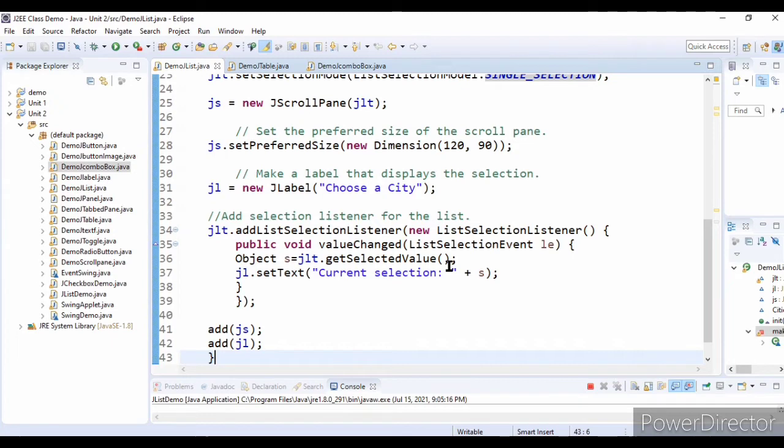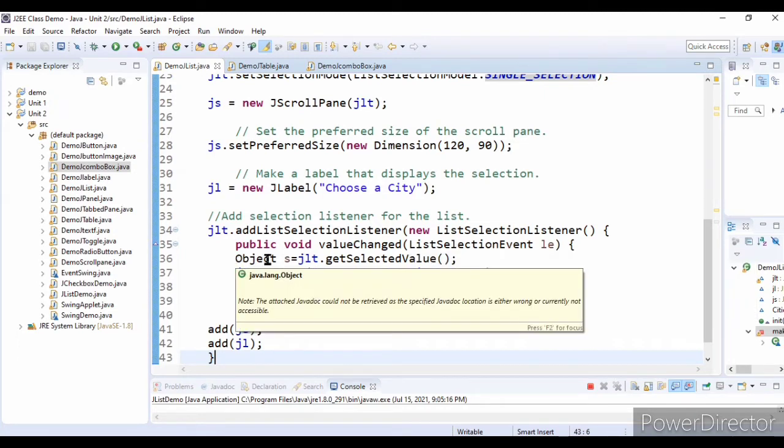To handle that I am writing an anonymous class here. First I am registering the JList with the list selection listener. Next, since we are using the ListSelectionListener interface, we need to override the valueChanged method.